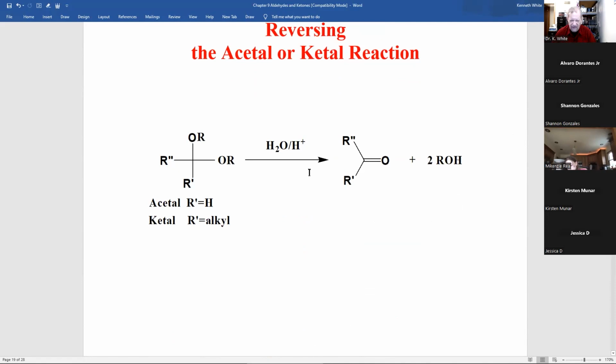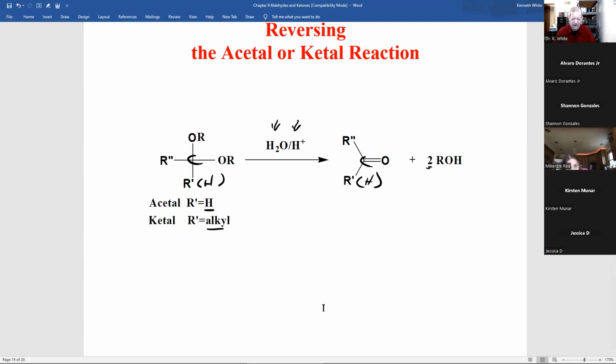You could also call it acid hydrolysis of an acetal or ketal. And this reaction your stomach uses also to break down carbohydrates. And if you take an acetal when R prime is H, ketal when R prime is alkyl carbons, acid and water, or water and acid, you get back to the ketone or the aldehyde. There should be H plus there, plus 2 alcohols. Now, you don't have to put the 2 there, because on my test, I ask, give the product or products.